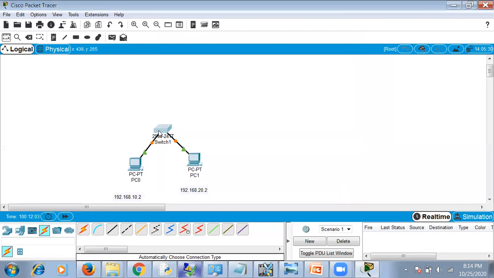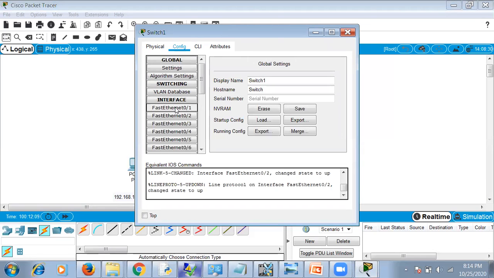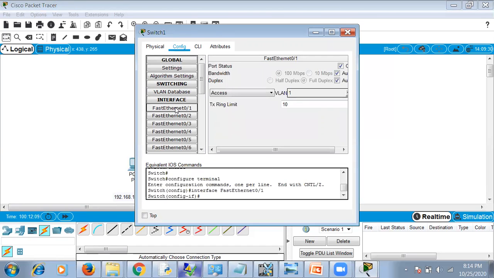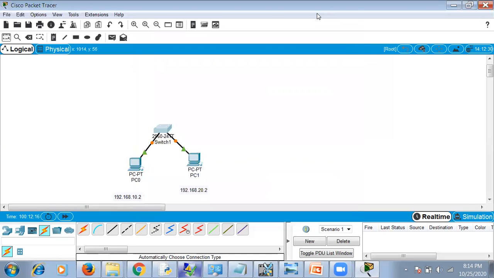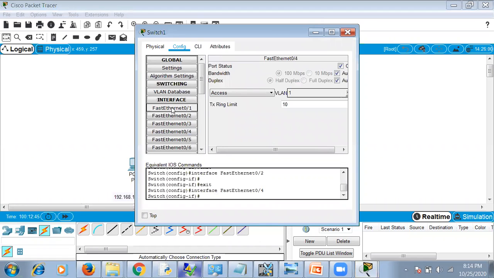So if it shows orange color, just go to config, click on the Ethernet 0/1. Make sure it is on. Now this one should be on. If it is not on, you'll get an orange color or a red color.